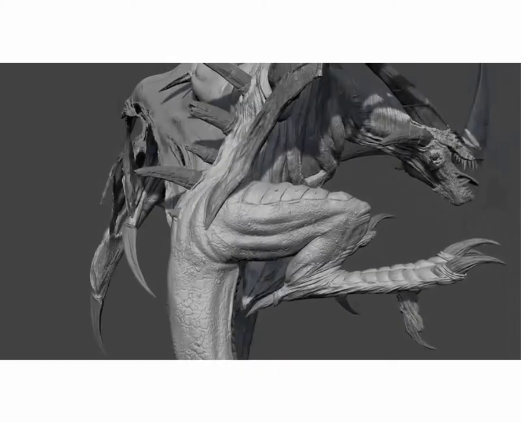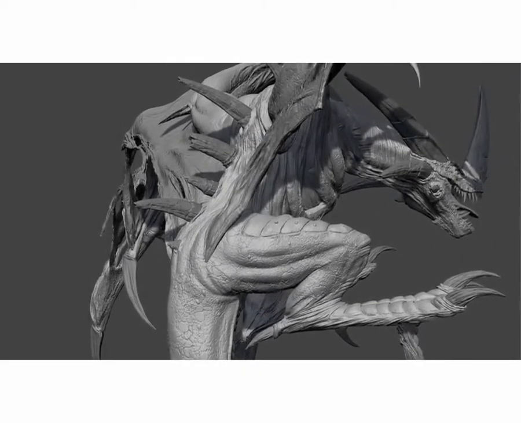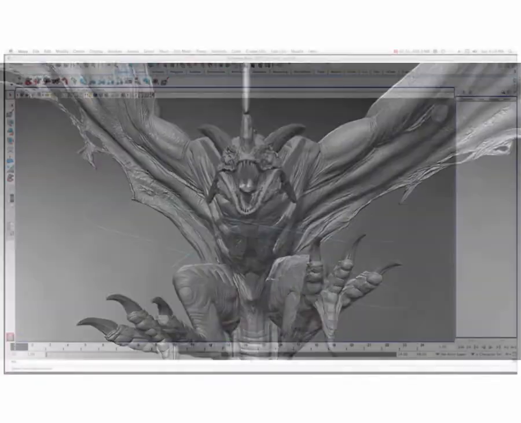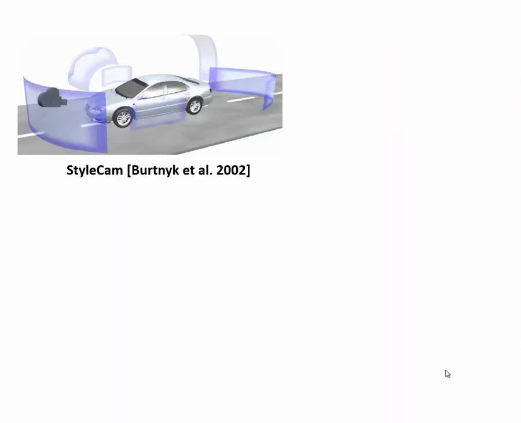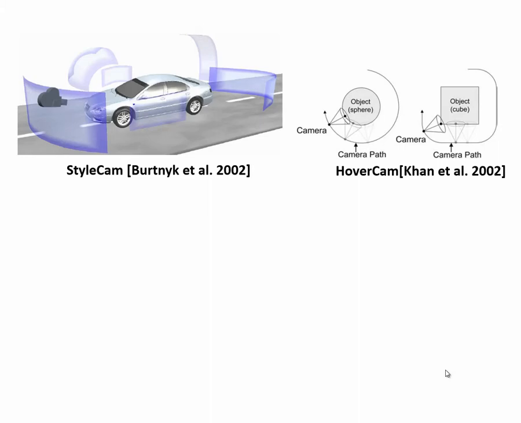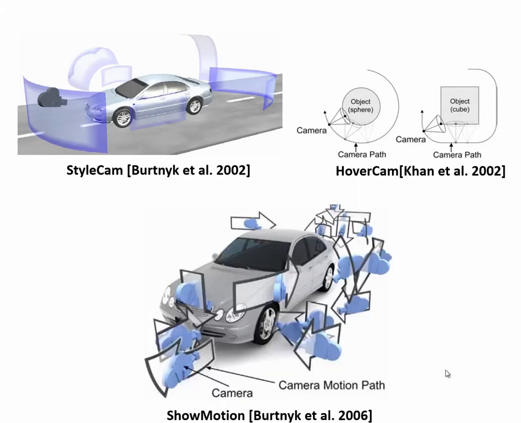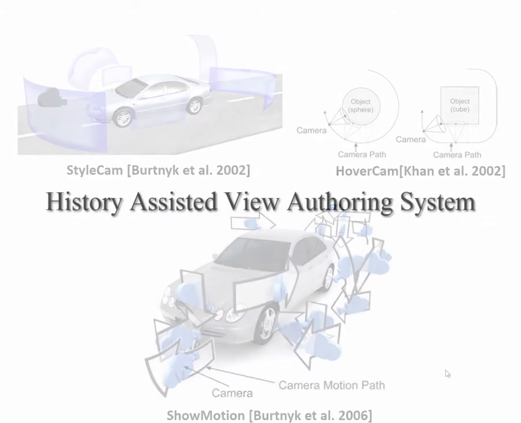It is common for artists to create summary viewpoints or use moving shots and demo reels to showcase their 3D models. However, it can be tedious to manually generate such viewpoints and 3D camera motion paths using traditional modeling applications. Previous work has proposed solutions, but they are mostly designed for the viewer, and it is unclear how such summaries could be authored. In this paper, we assist the view authoring process of the modeler by taking their own editing